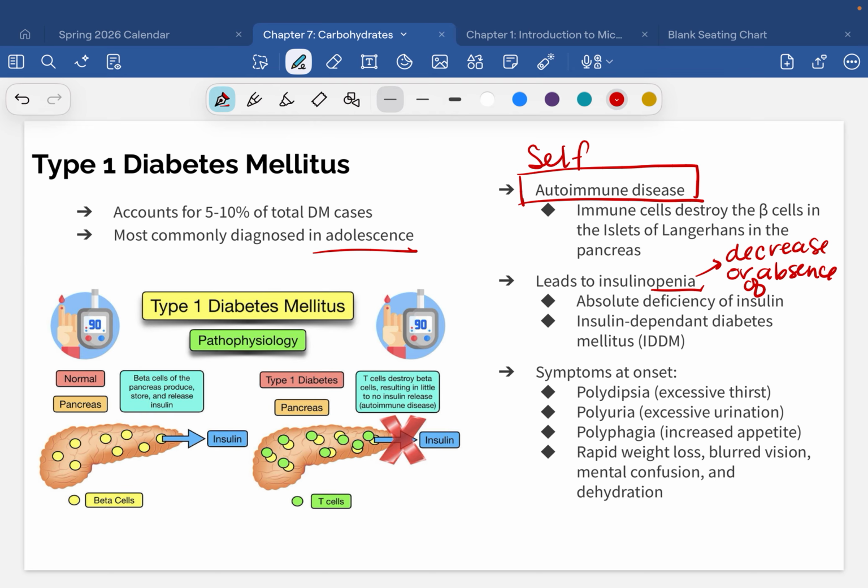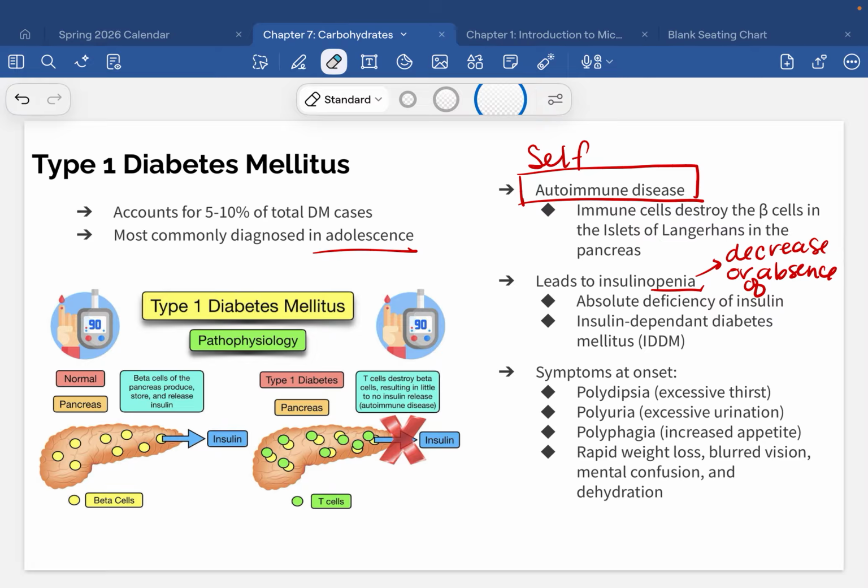Not only that, but if your body cannot take the glucose out of your blood and turn it into energy and things like that, your body is not going to be able to utilize that glucose. Okay, you have to have insulin in order to be able to use that glucose. So people with type 1 diabetes, if they are not taking insulin, will eventually basically starve no matter how much they're eating, because their body cannot use the food that it's being provided.